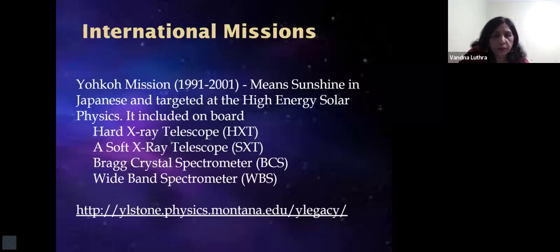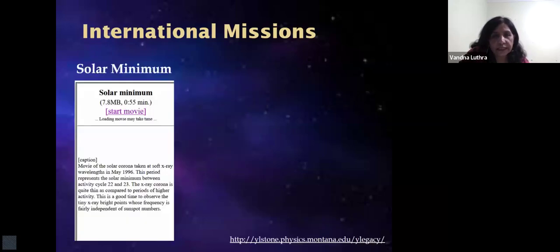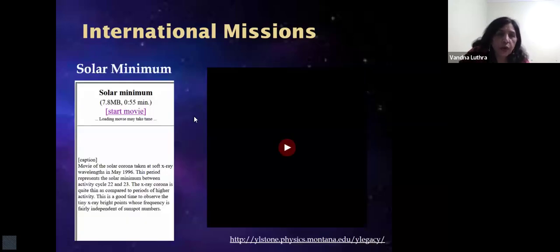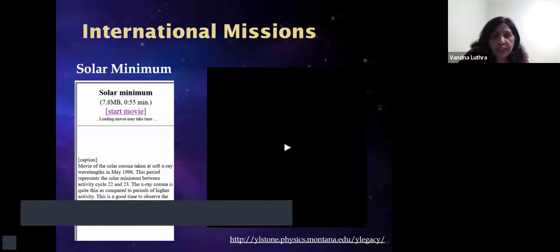It included an on-board hard X-ray telescope, that is HXT, a soft X-ray telescope, that is SXT, a Bragg crystal spectrometer, BCS, and a wide band spectrometer, WBS. And for this particular mission, this is the website which can be accessed to see what kind of data is available. And I would like to show a movie which can show